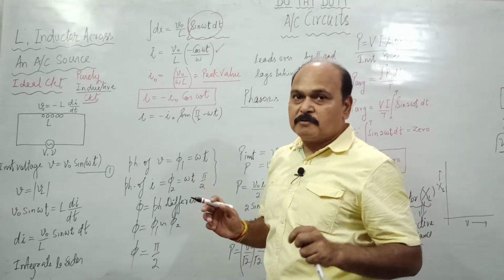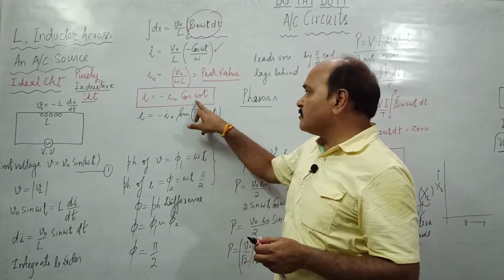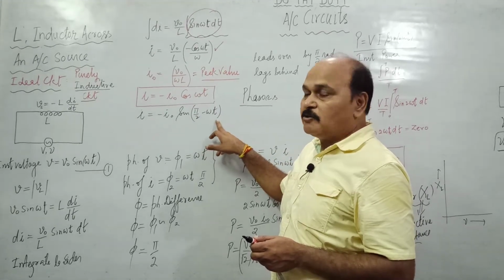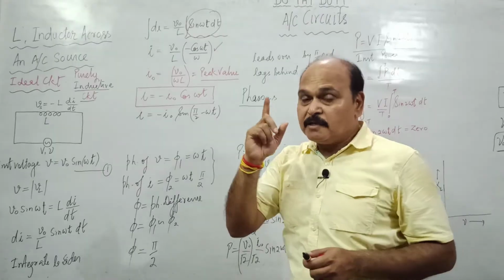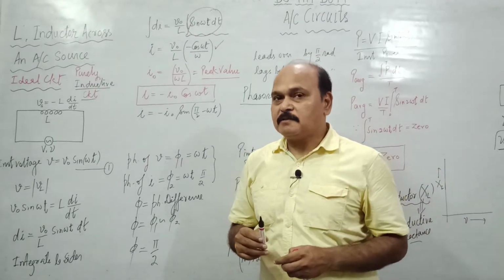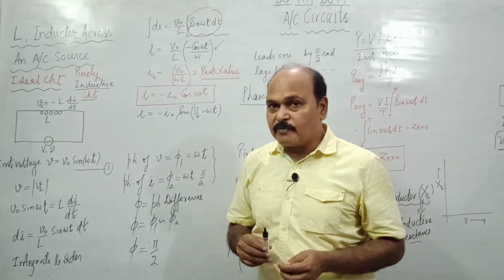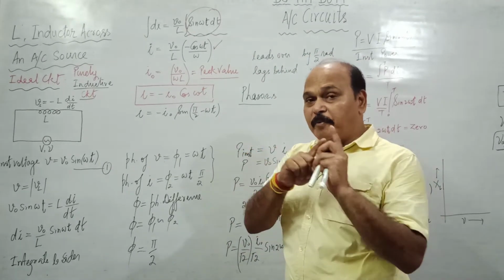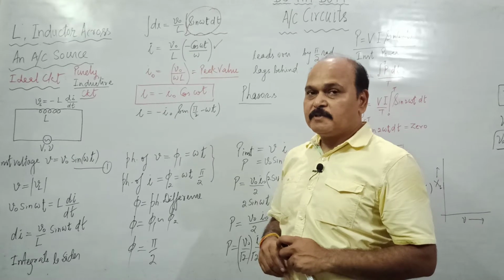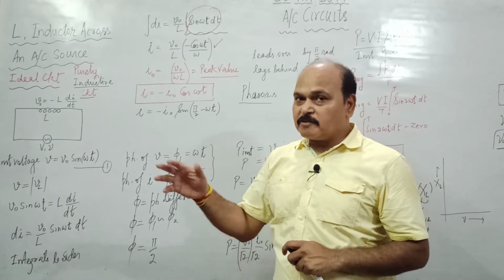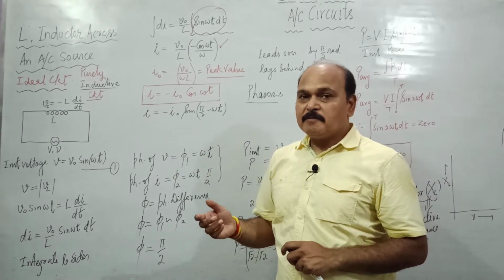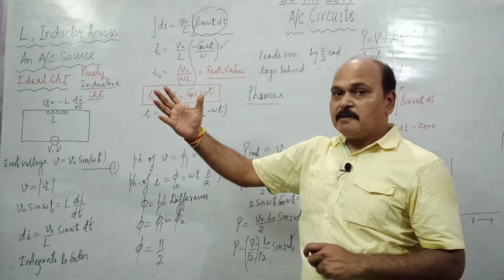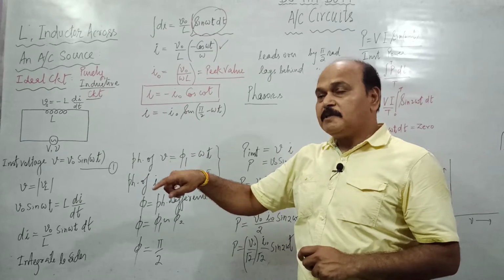This all of you know. Sine of 90 minus theta is what? Cos theta. So I have written cos theta as sine of 90 minus theta. Now this sine is an odd function. Therefore, sine of minus theta is equal to minus sine theta. Cos is an even function. Cos of minus theta is the same as plus cos theta. But sine of minus theta is equal to minus sine theta.